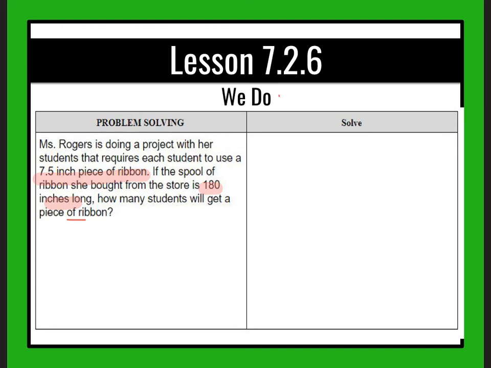Okay, so I need you to think. If I were to unravel that spool of ribbon, it's going to be super long. It's going to be 180 inches long. Each of the students needs to use about 7.5 inches of ribbon for their project. So I need to see how many students will get a piece of that ribbon. So this is one student, this is another student, until I finish this spool. So that means 180 is what I'm going to have to divide